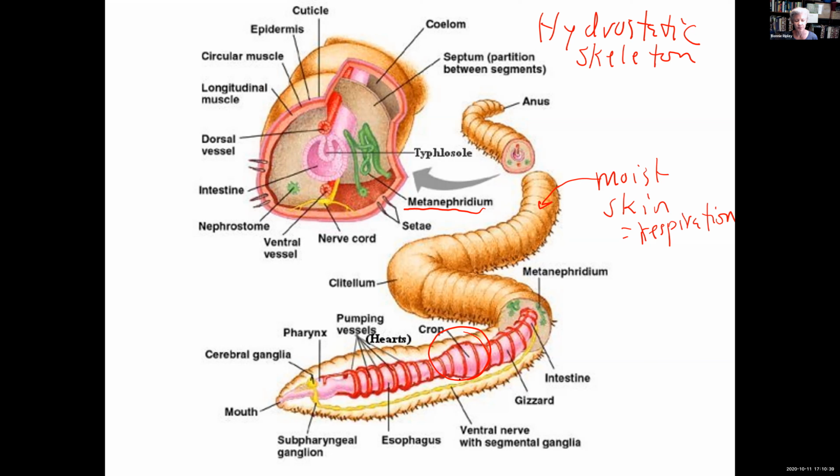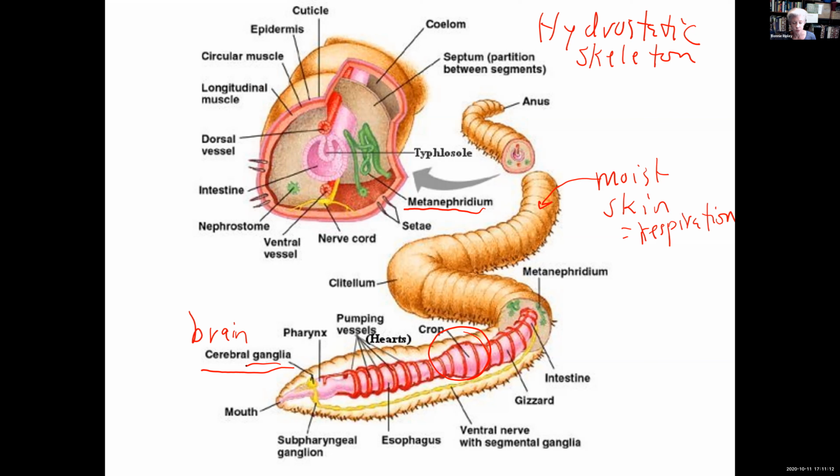They do have a nervous system that consists of a cerebral ganglion, which is like a brain, a tiny brain. Ganglion is a tiny brain. And then they have this ventral nerve cord. Ventral means more towards the belly. So we have a dorsal nerve cord because it's towards our back. They have a ventral nerve cord. And then they have additional ganglia, which are little tiny brains, little swellings that are going to be capable of doing some information processing